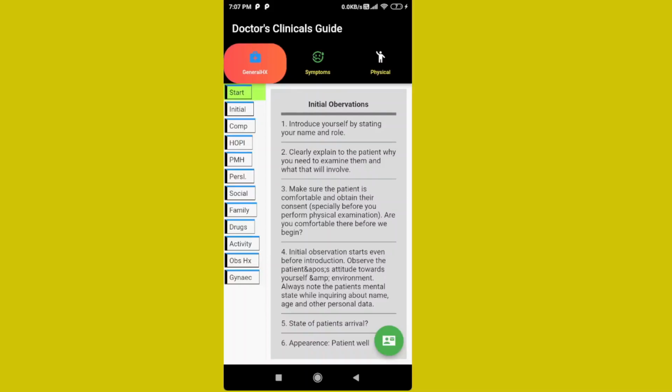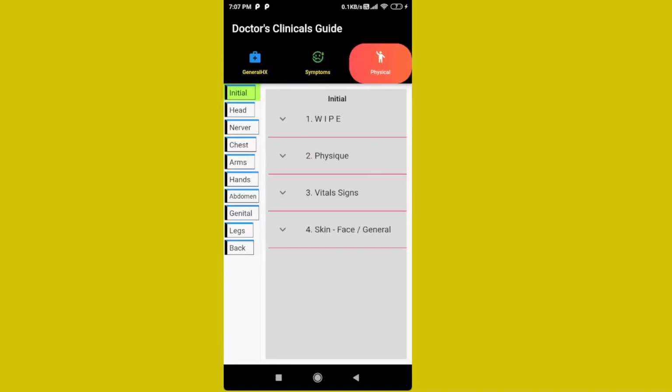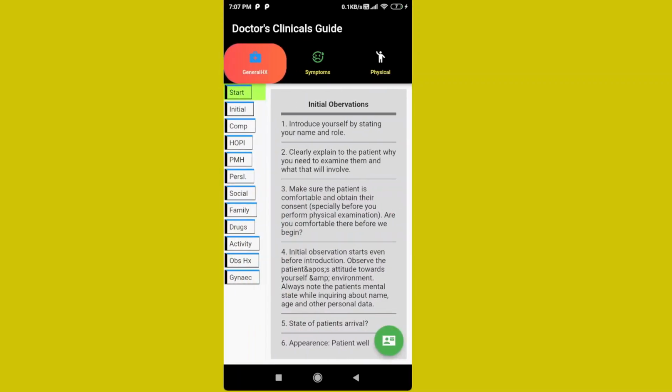Hello, this is the Doctor Clinical's Guide app layout. Here you can see three tabs, that is the general history, symptoms, and the physical tabs. And each of the tab views has different kinds of sets of views within it. So in the general history tab, we have the initial observation tab, which is highlighted in here on the